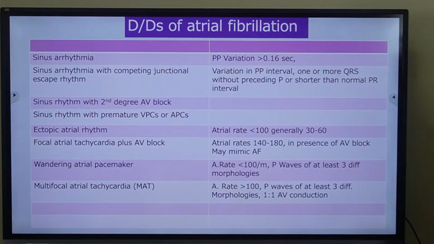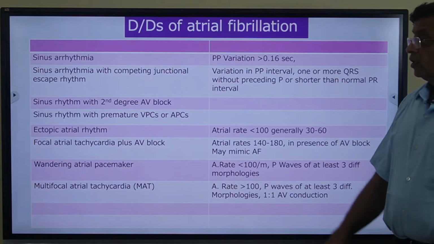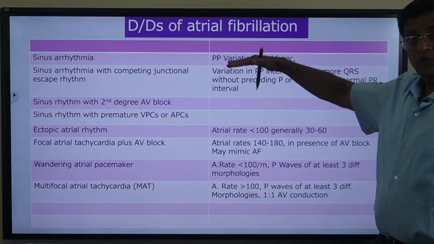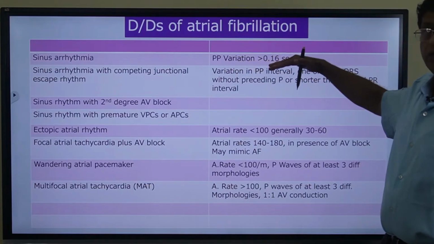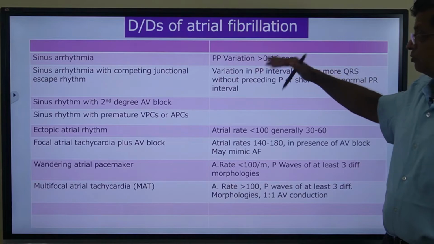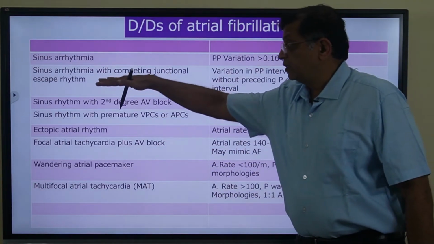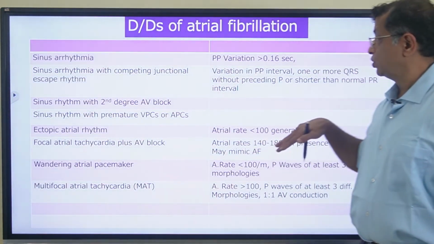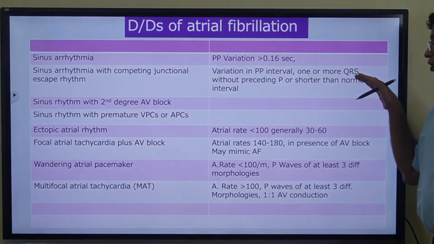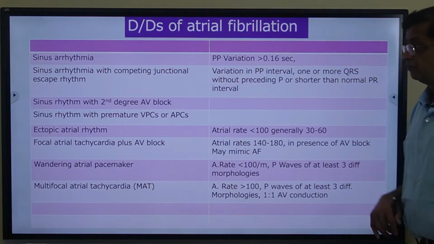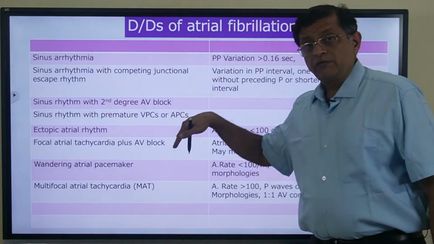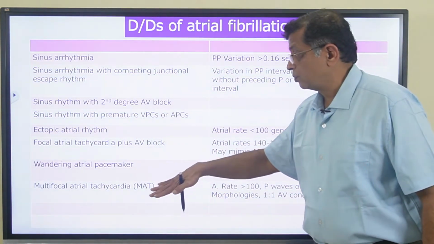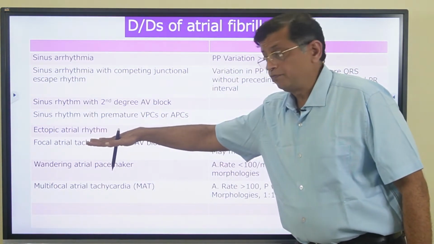So what are the differential diagnoses of atrial fibrillation on ECG? It could be sinus arrhythmia, where you can see the PP variation. So the P waves are very evident. So usually you should not confuse sinus arrhythmia with AF. But when there is sinus arrhythmia with junctional escape rhythm, sometimes that could be confusing. Variation in PP interval, one or more QRS without preceding P waves. Sinus rhythm with second-degree AV block, sinus rhythm with premature ventricular ectopics or atrial ectopics, or